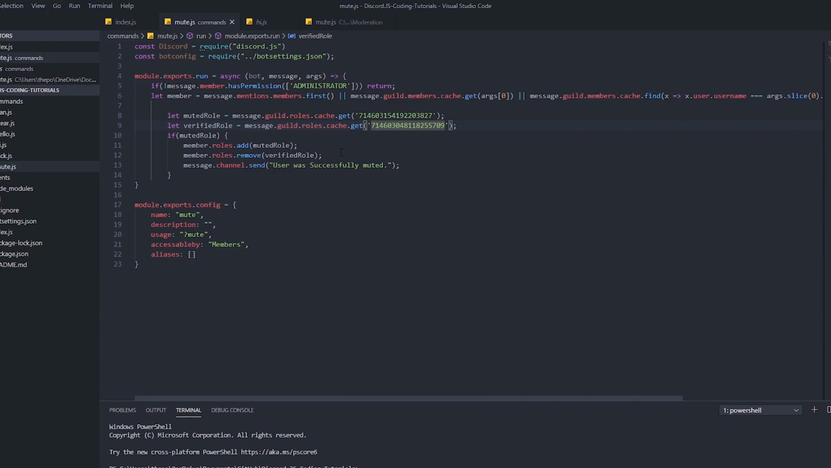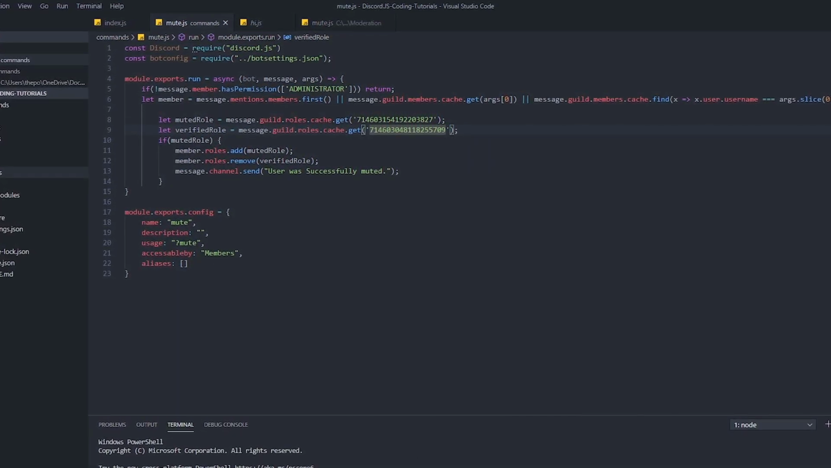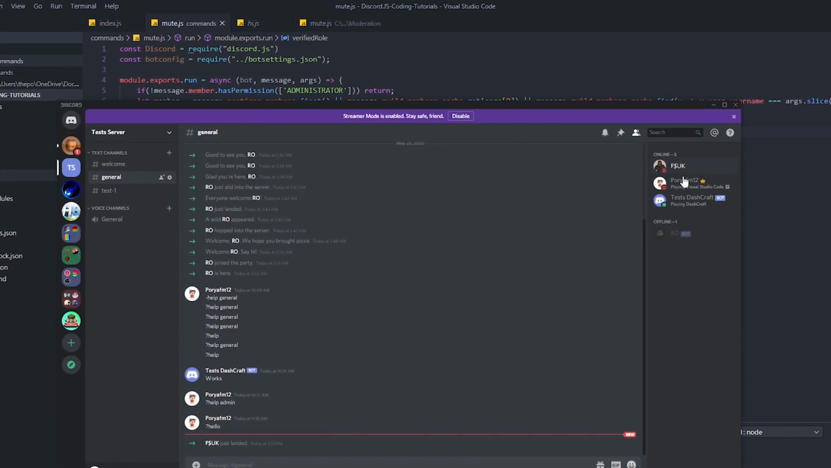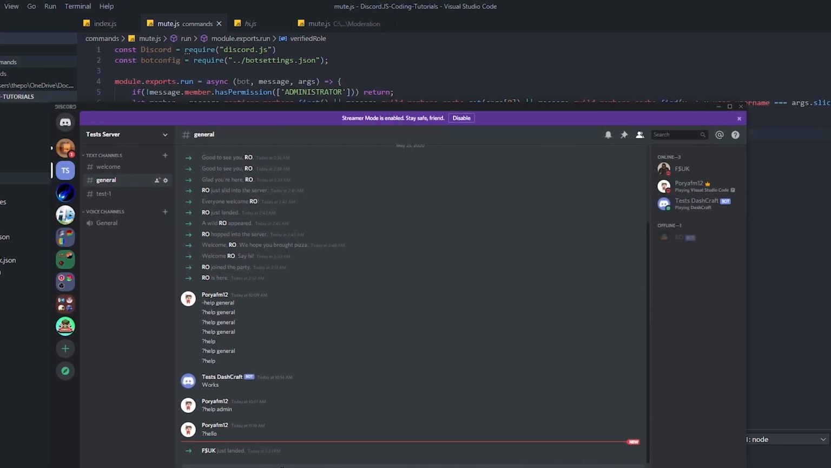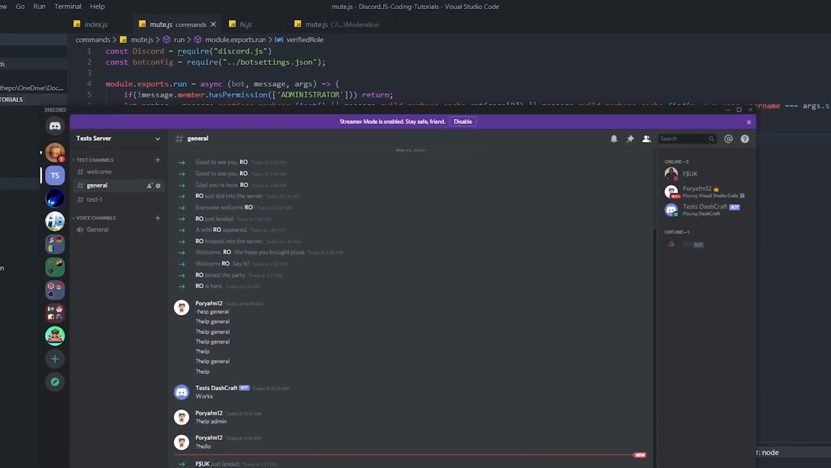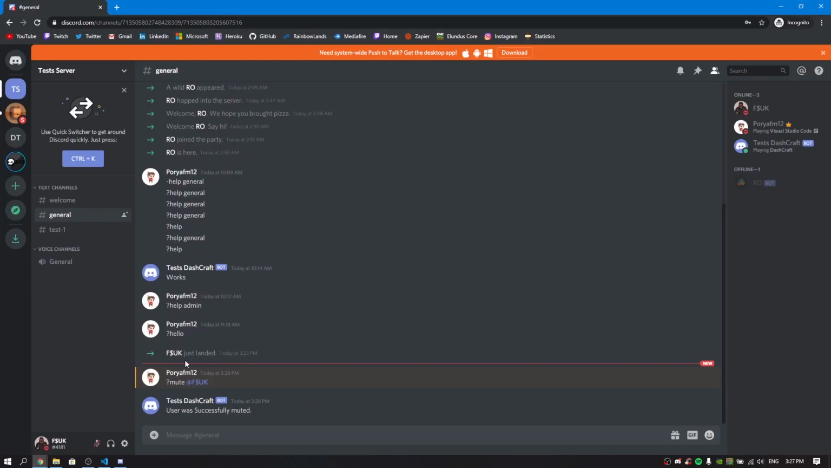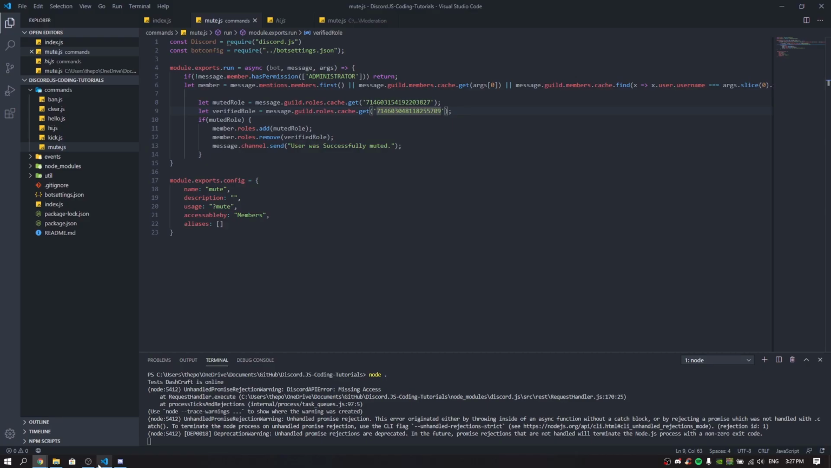Just make sure the IDs are correct. And right now, if I run the bot, let's just run the bot very quick. There we go, it's online. So what I'm gonna do is mute the member mention. I'm just gonna do user here. User successfully muted. So if I check this, oh okay, we have an error here,